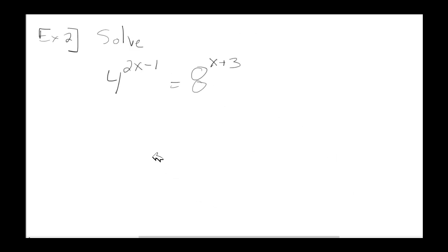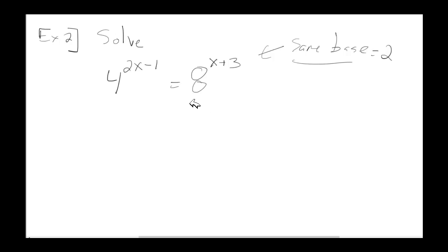Okay, now I want to solve this. I have 4 to the 2x minus 1 equals 8 to the x plus 3. Again, we have an exponential equation. The variables are exponents here. So I know I need to get to the same base. If I can get to the same base, I can use that nice little theorem. The question is, what's the same base of 4 and 8? The same base I need to get to is 2, because I can rewrite both of these in